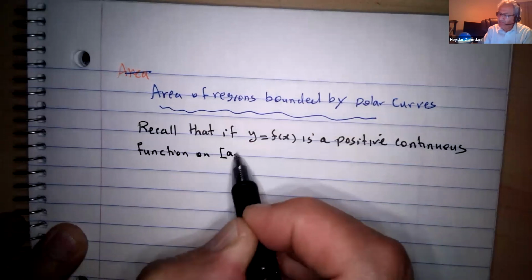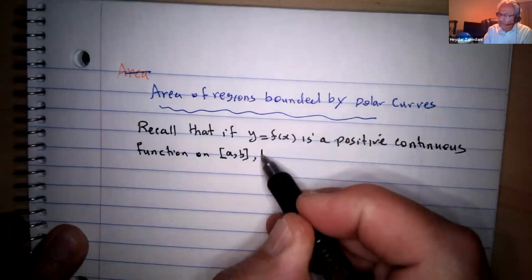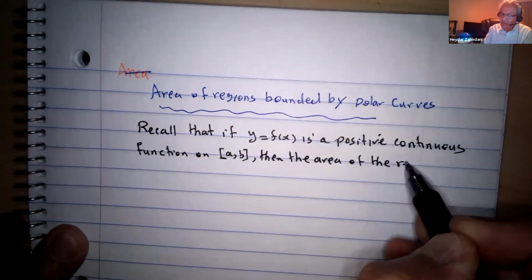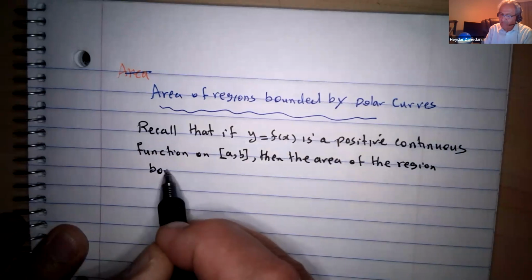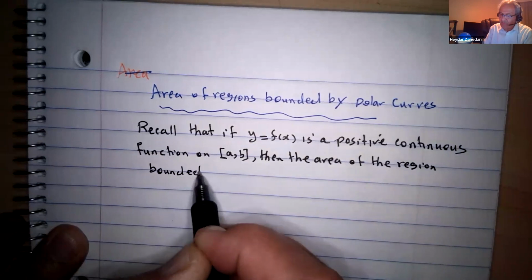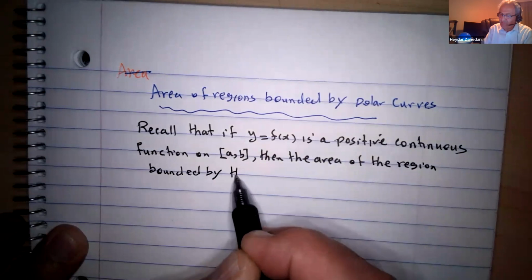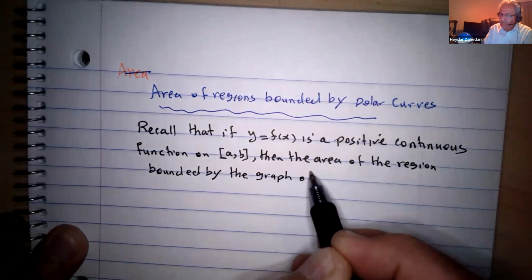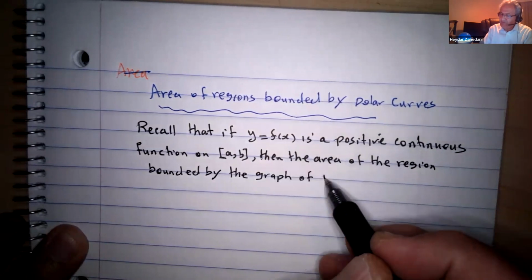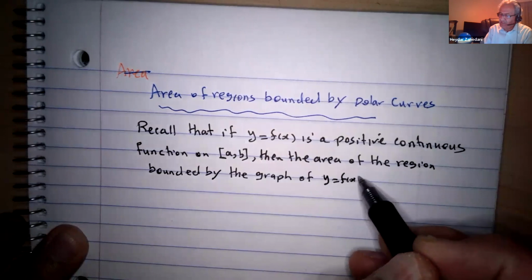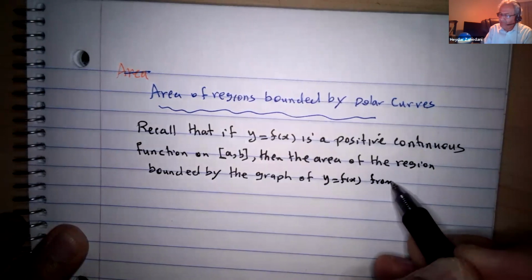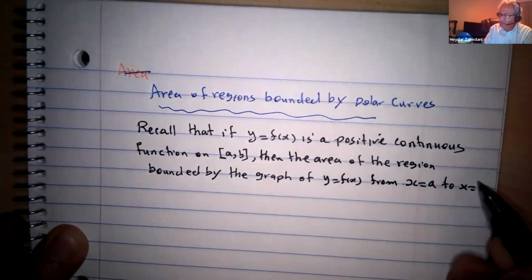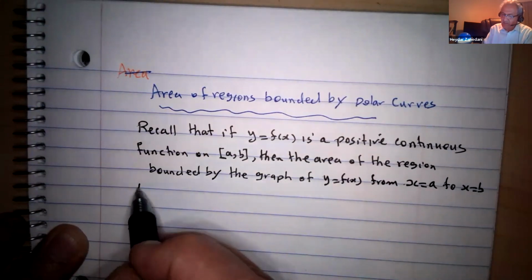the area of the region bounded by the graph of function y equals f of x from x equals a to x equals b is given by,